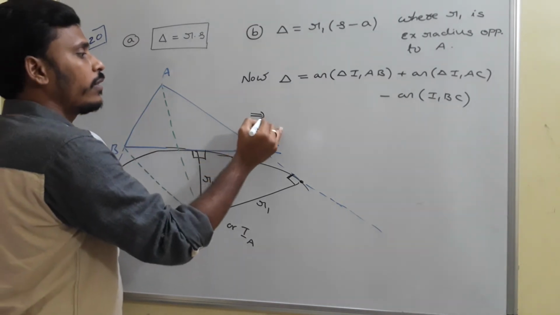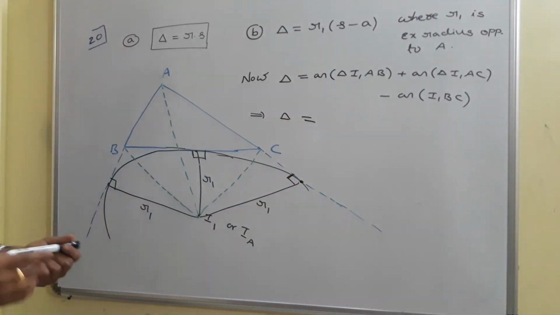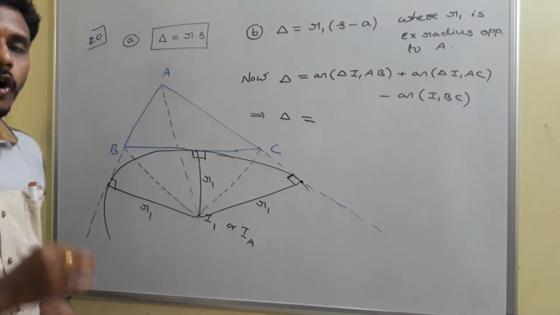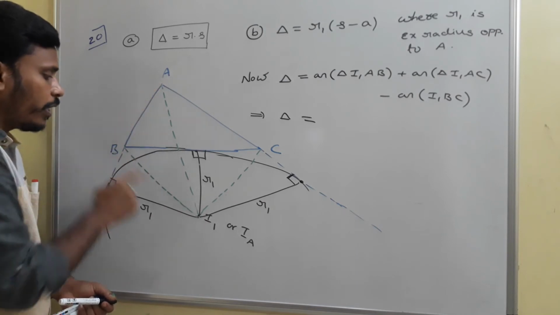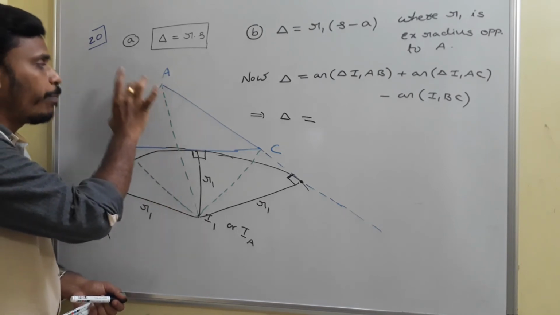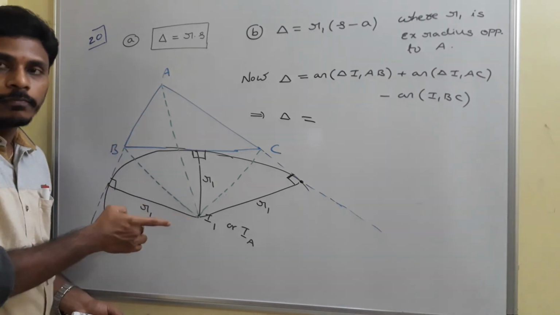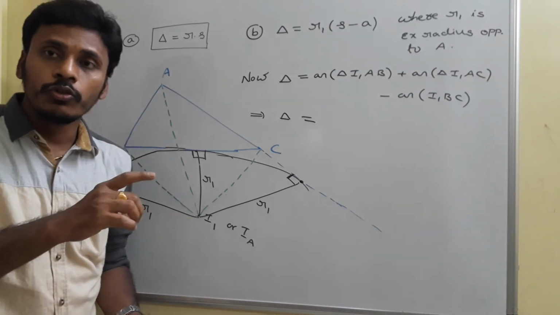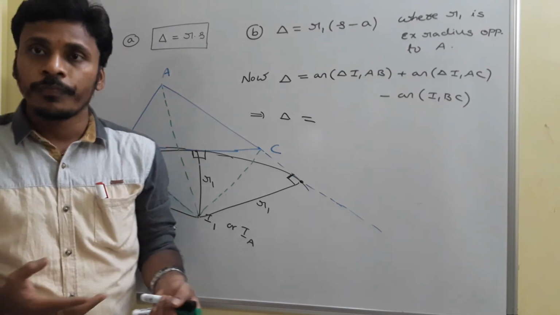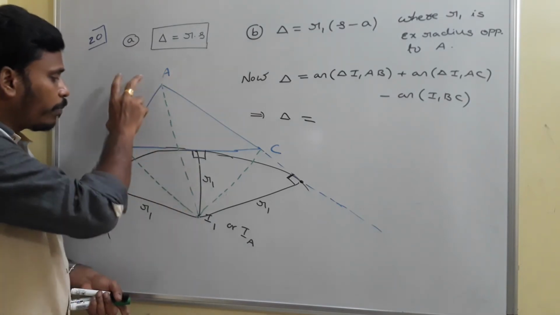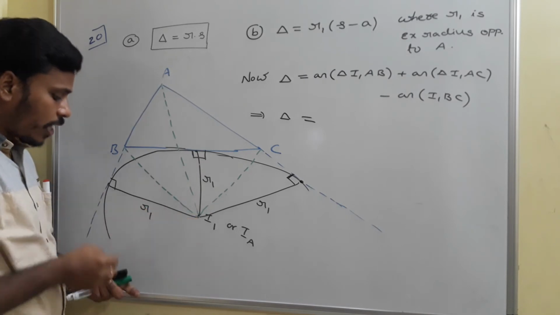And the next step, this area of the triangle delta is equal to, what is the area of the triangle I1AB? For every triangle, the area is always half of base into height. And for this I1AB, if you treat this AB as the base, the height for this triangle is outside of the triangle, and that is R1. The height, the altitude, for acute angle triangles lies inside. For obtuse angle triangles, it lies outside also. So here for that I1AB, AB is the base, but the height for this side AB from the opposite vertex lies on the outside.